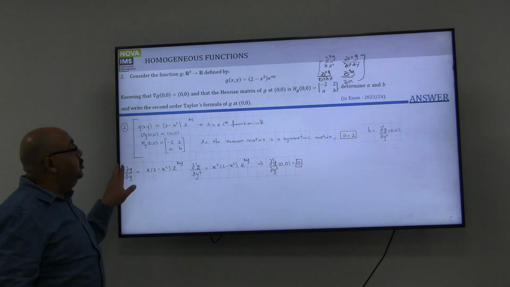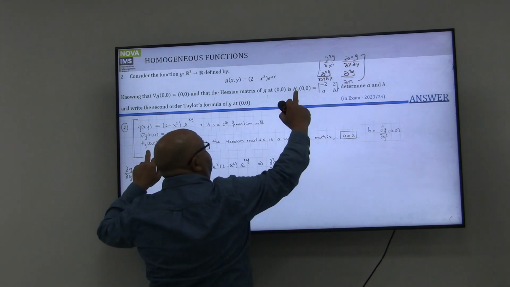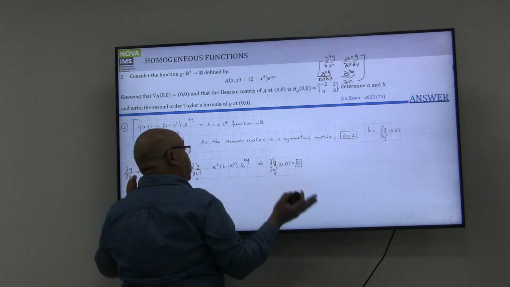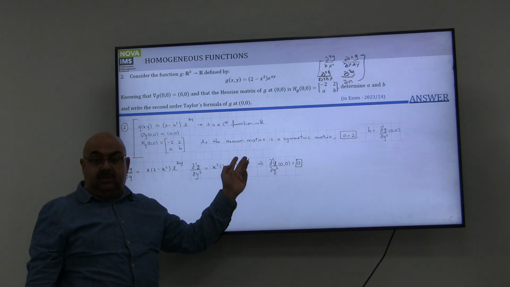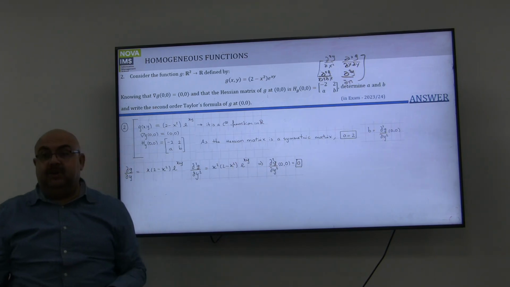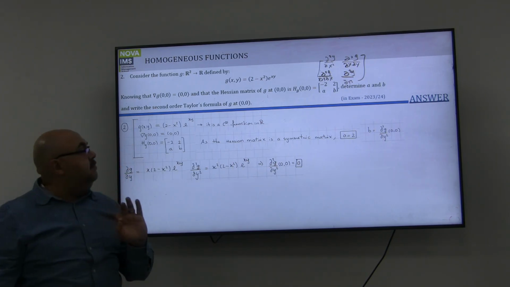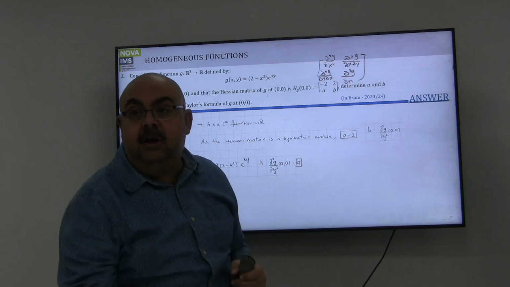Now start substituting at the origin, because this is the Hessian matrix at the origin. So all I have to do is to replace x and y with zeros, and that will leave you with a value of 0. So your Hessian at the time being can be given by the following